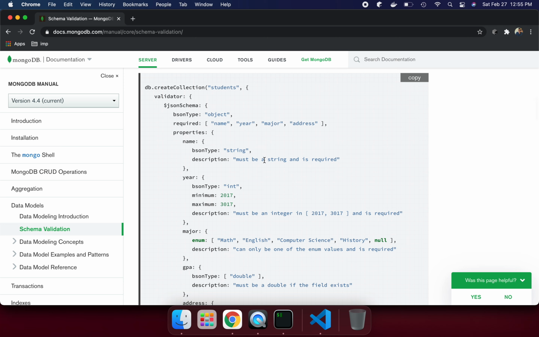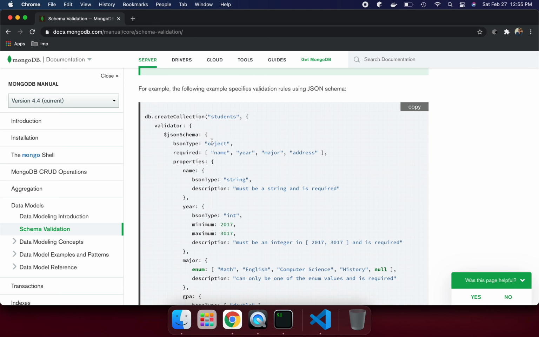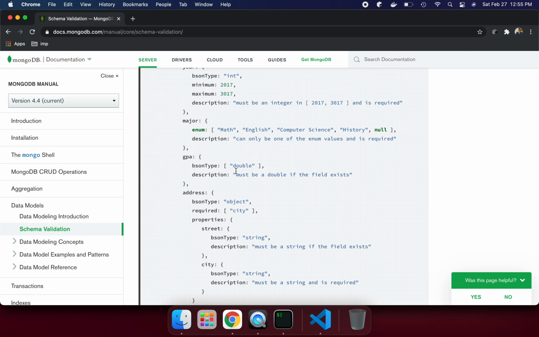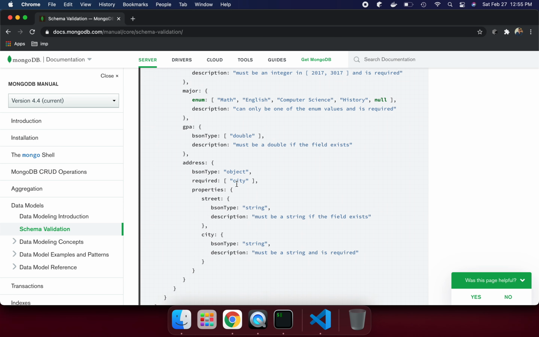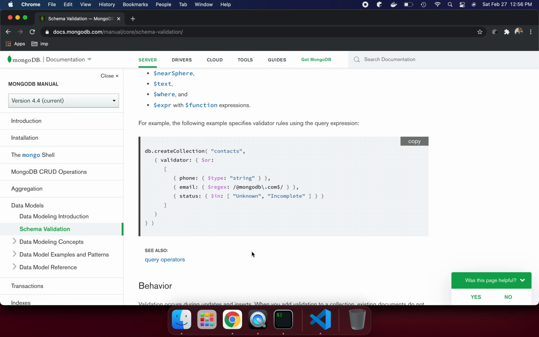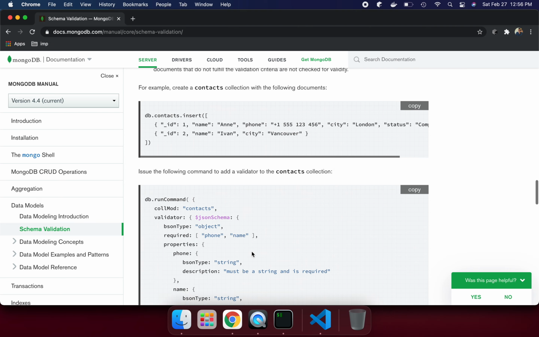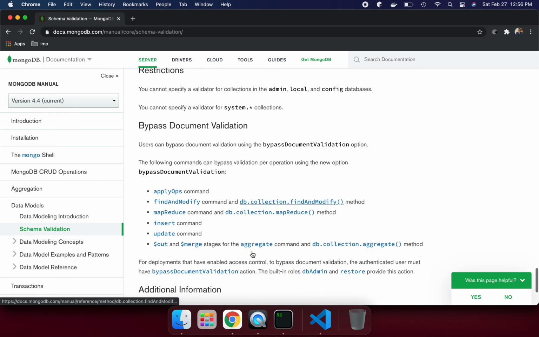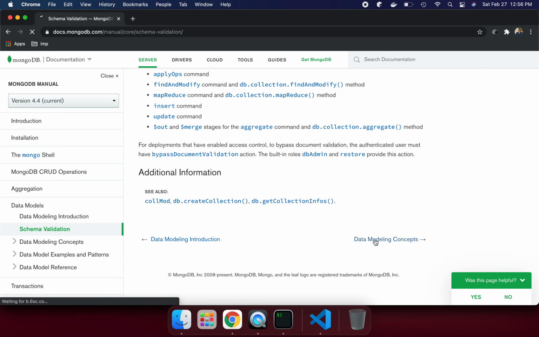So these are the things we are explaining here: how you can validate your collection, and how to apply a particular validator to individual fields, like what is required and what is not required. The BSON type is object, and city is going to have a BSON type string. So we are putting here the BSON type, what the data type is, and how we can do those things. I'm not going to cover all those things; maybe in a later lecture we'll go through it. So let me go to this section.